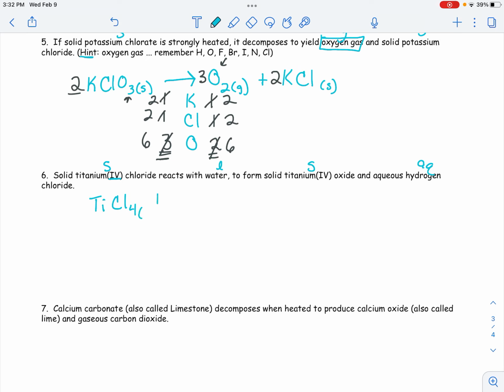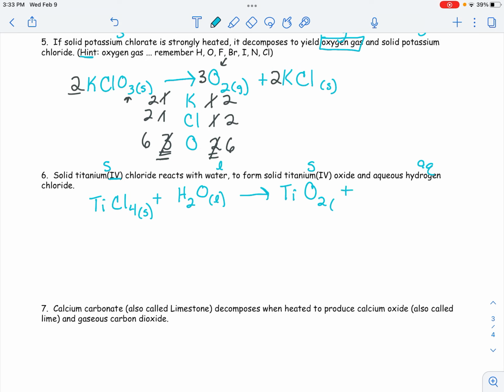It says it reacts, whoops, don't forget my state script. It says that it reacts with liquid water, so H2O, which is a liquid, and that it's going to yield solid titanium 4 oxide. Titanium is +4, oxygen is -2, so I'm going to need 2 oxygen to balance it out,